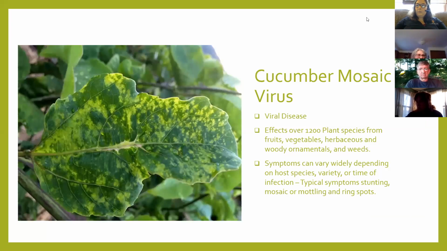Then you have cucumber mosaic virus. So unlike the other two, this one is a viral disease. It can affect like 1,200 plant species from fruits, vegetables, herbaceous and woody ornamentals, and even weeds, which is probably why it's such a hard disease to deal with and why it can pop up so frequently. And dependent on what the host species is, the infection, and even how long that infection takes to take hold